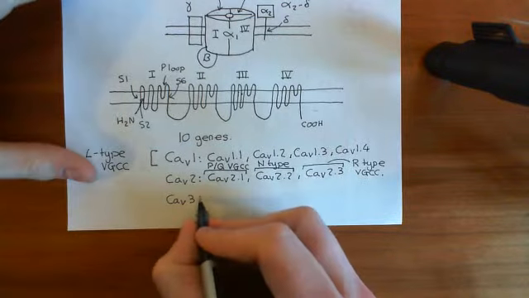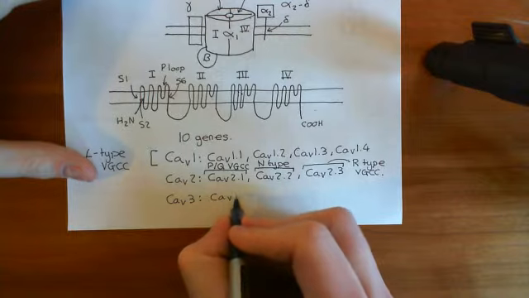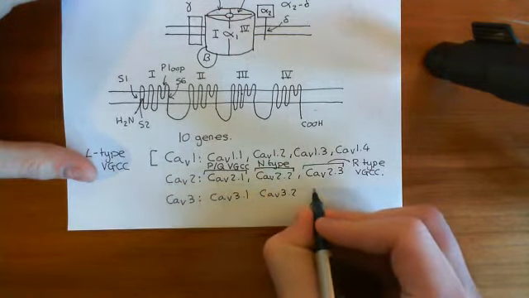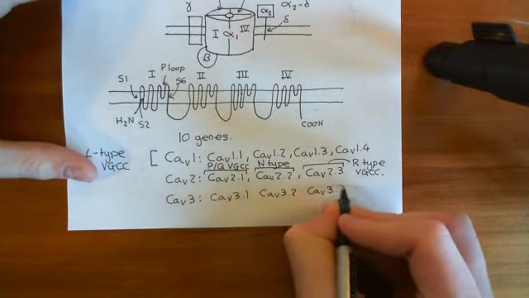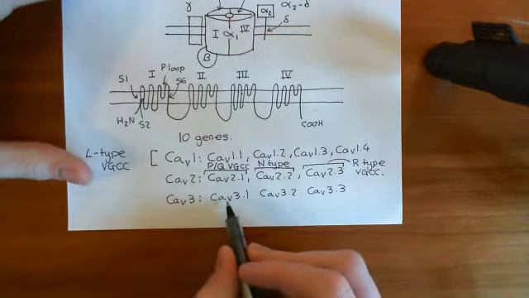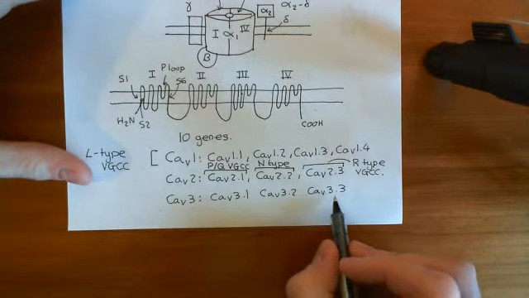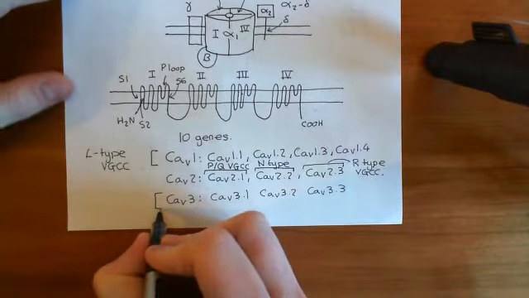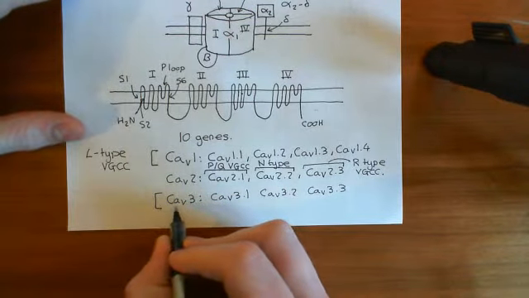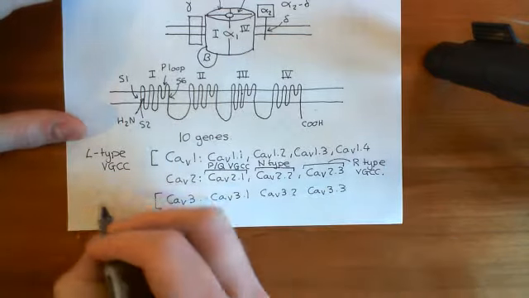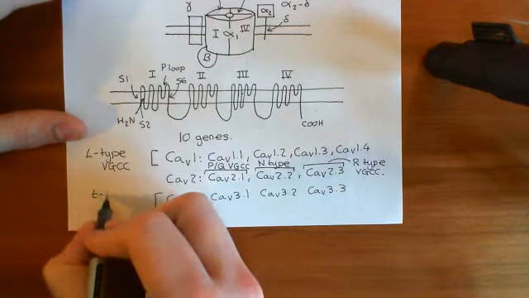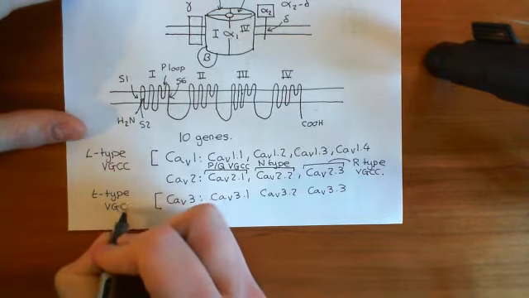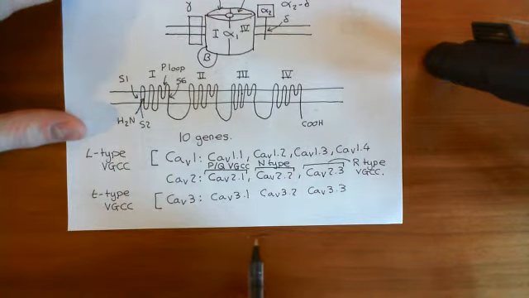Now, in the third family, there are again 3 genes, okay? CAV3.1, CAV3.2, CAV3.3. Which produce the proteins CAV3.1, CAV3.2, and CAV3.3. Now, if you make a voltage-gated calcium channel that has as its alpha-1 subunit any of the 3 genes within this third family, then that voltage-gated calcium channel is called a T-type voltage-gated calcium channel, so a T-type VGCC. Okay,